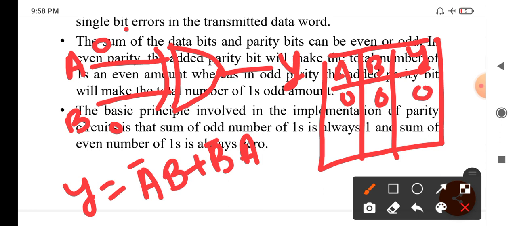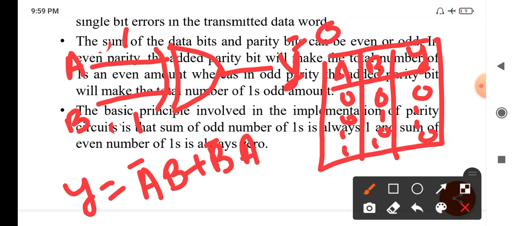Then if I give 1 1 here, the output also becomes 0. So when we have different inputs, only then the output will become 1. Otherwise the output is 0. That is, if there is an even number of ones, say 1 1, then the output Y is 0.